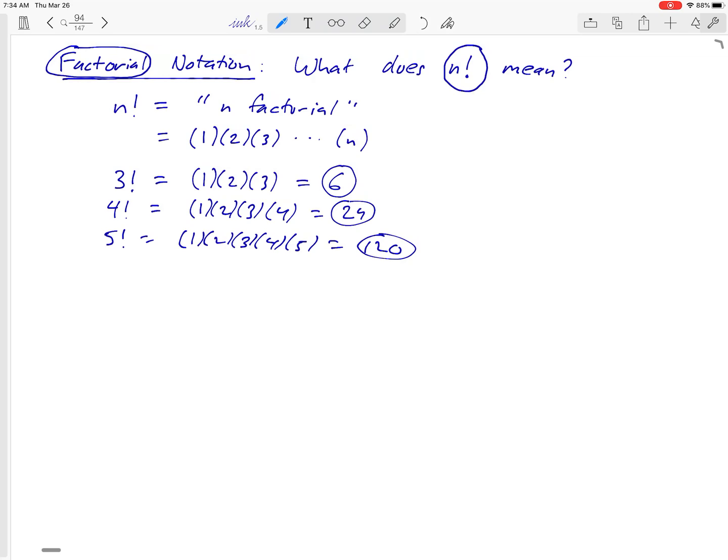And the reason why we introduce this notation is that factorials tend to come up a lot in both math